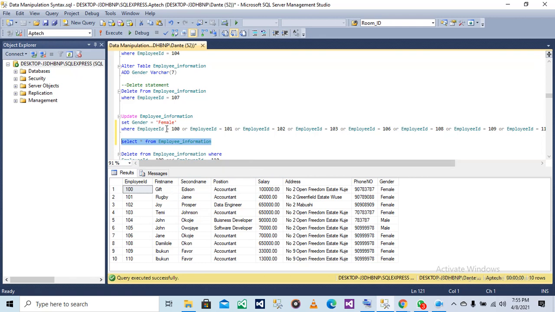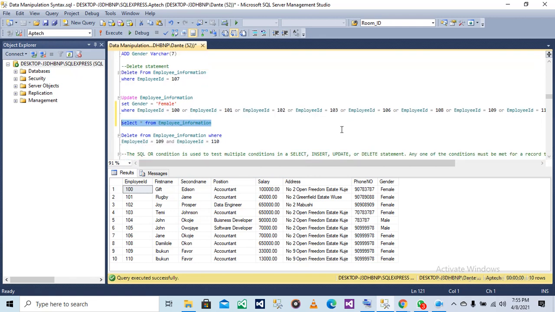They've been updated. So you use the or operator to give different conditions. I was using the and operator before, but it's the or operator we're supposed to use.